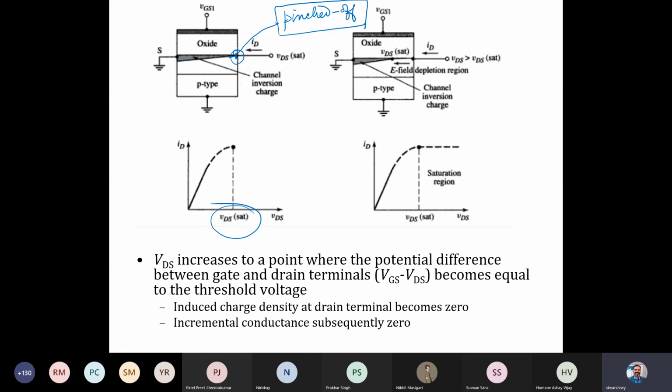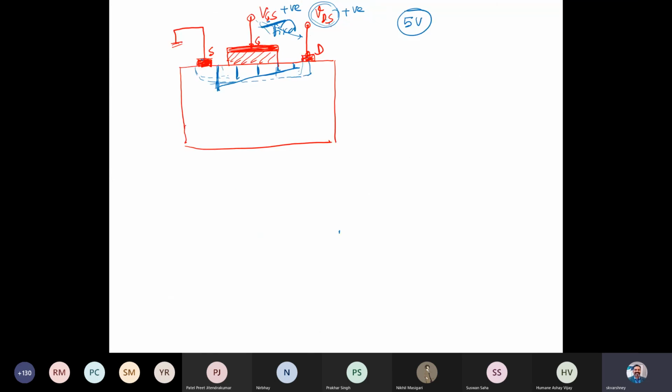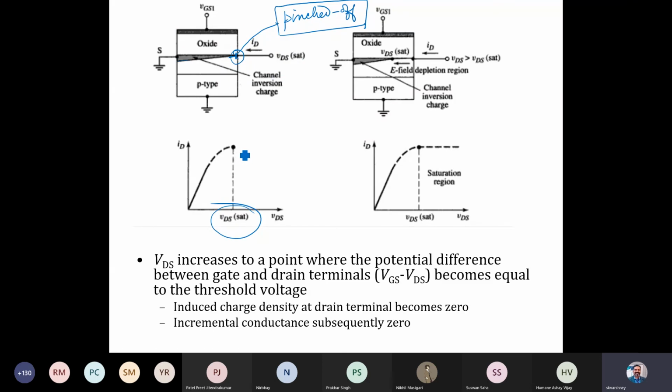This tapering keeps on happening, and at the point which we achieve it, even if you increase the voltage at the drain terminal further, it doesn't affect much, only slightly. If we keep on increasing the voltage, the pinch off region moves slightly, a small modulation happens.